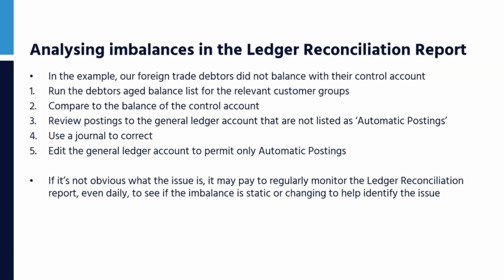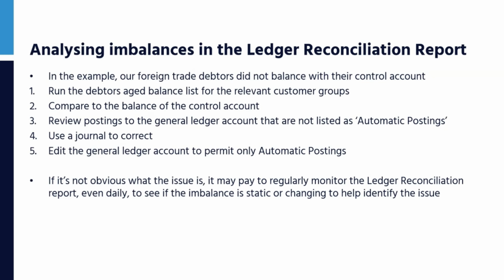I'll then review the postings to the general ledger account that aren't listed as automatic postings. I might even go to the application log and see, okay, has anyone edited my groups and changed any posting accounts? I won't be able to see if posting accounts have been changed, but at least I'll be able to see someone has edited one of those debtor groups at some point in time and changed the control account without journaling across. Once you discover what the correction is that is required, go and do a journal, and then